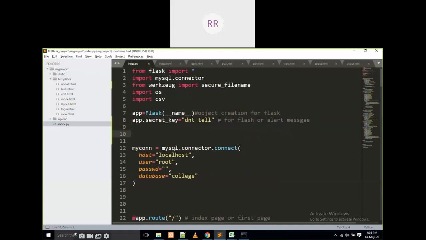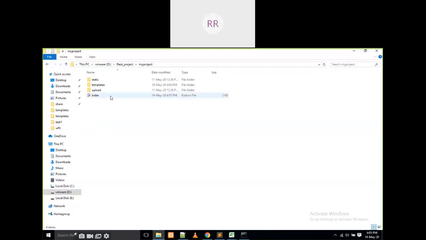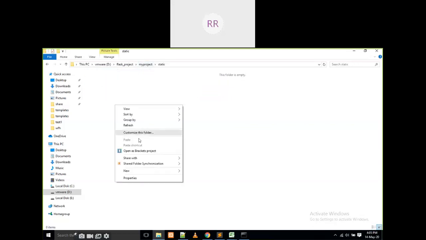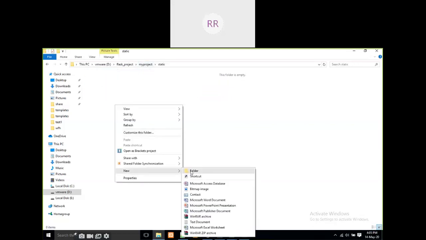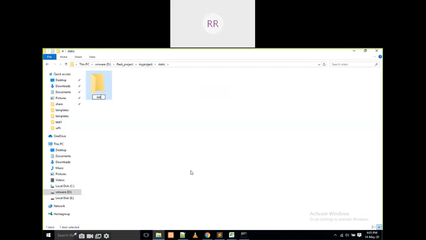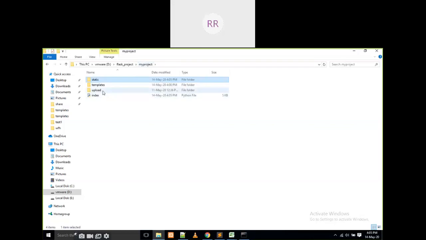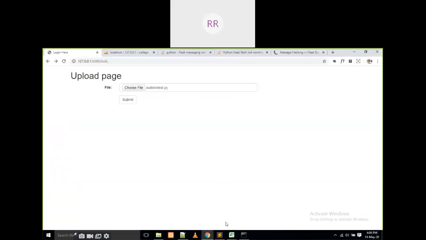That means I am going to upload the Excel files, so I am going to create two folders inside static, and inside static it is going to be data. In this static data I am going to upload that Excel file.